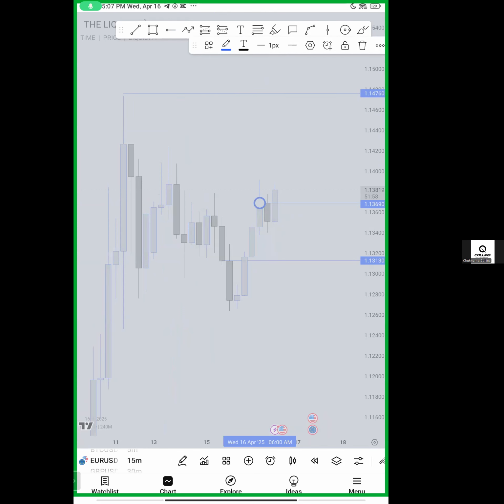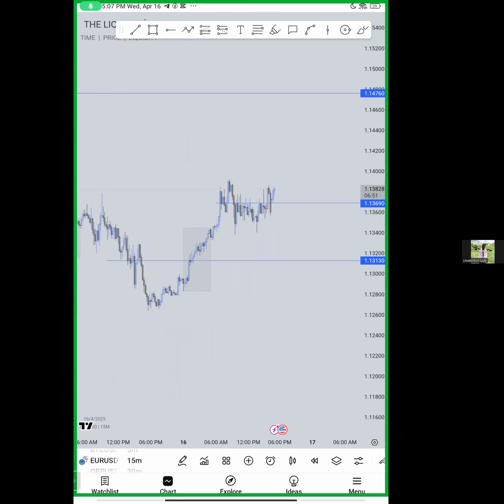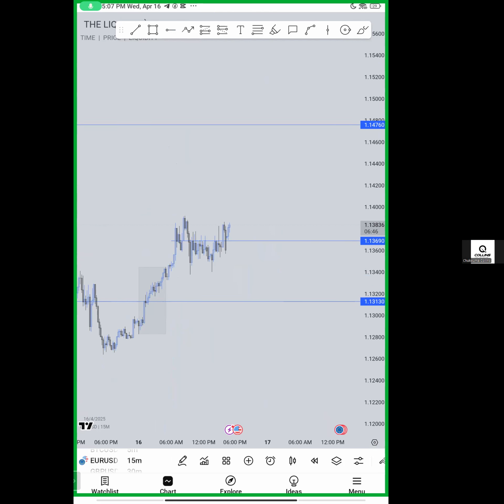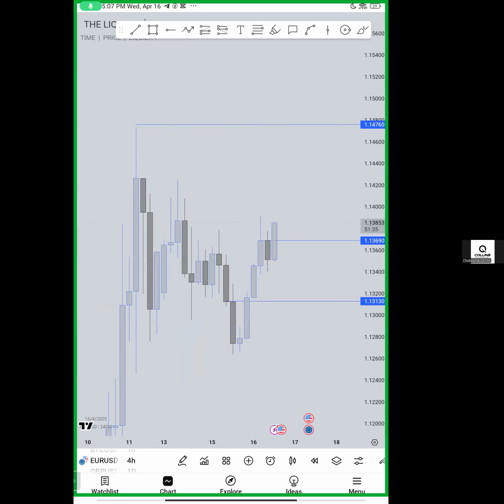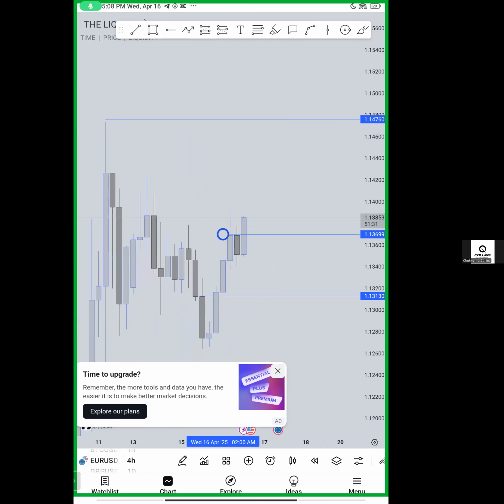So the thing there is you highlight your POIs. Do you understand? You highlight your POIs on the 4 hour time frame. You don't have to highlight only one; you have to be very, very flexible. We check on the 4 hour time frame, and there are other POIs here. See, there's this rejection block as well. So if it's possible, highlight all of them,